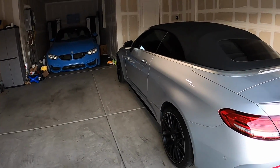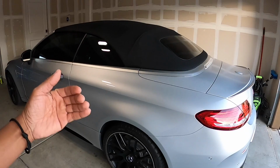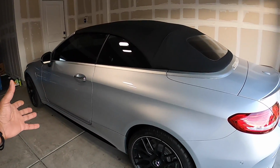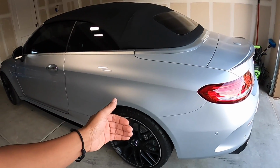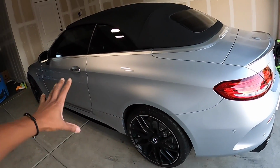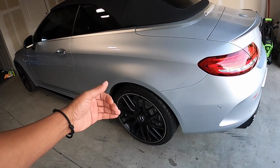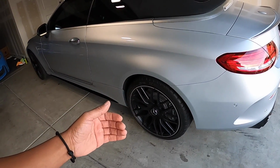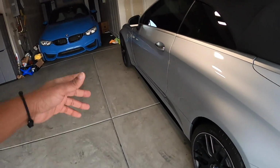So guys, what's a staggered tire? Any car that has a staggered tire means the car, or SUV or truck, mostly cars and SUVs, has rear wheels that are wider than the front wheels. So it's not just the tires alone, the actual rims are wider, which means you need to put a wider tire on. Looking at the case of the M3, or this Mercedes CC3, or even the X5,